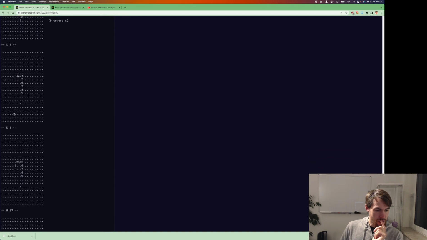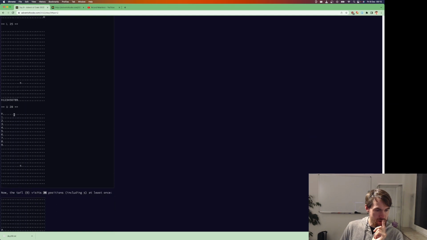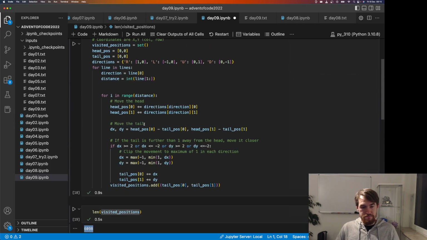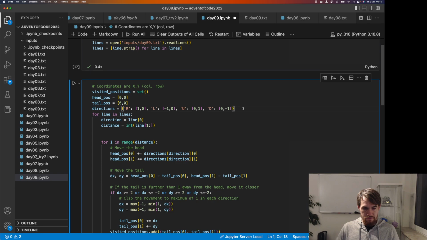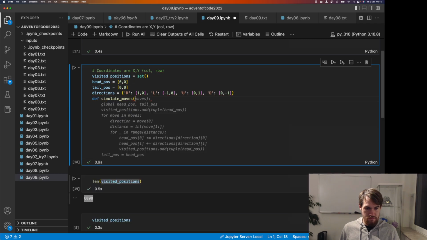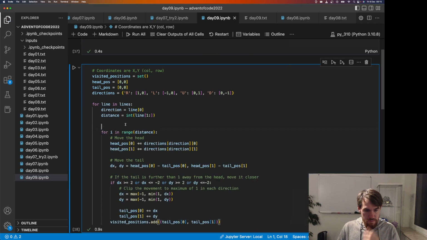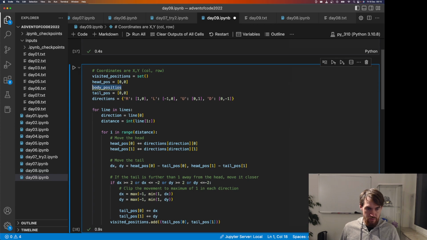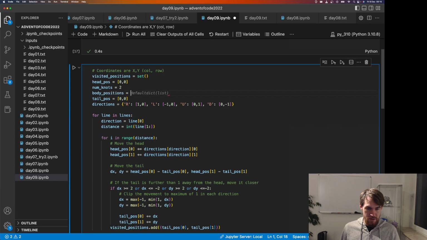I don't really see how more types of motion are possible. The knots is two. Body positions is